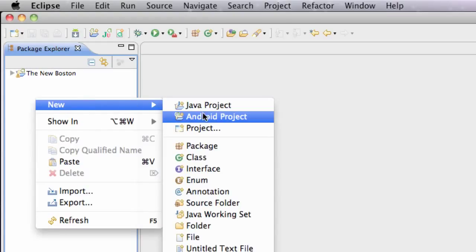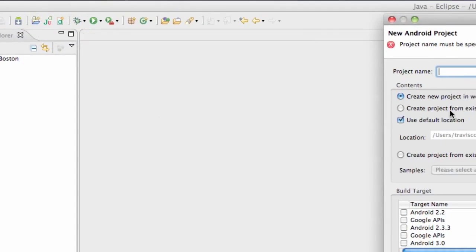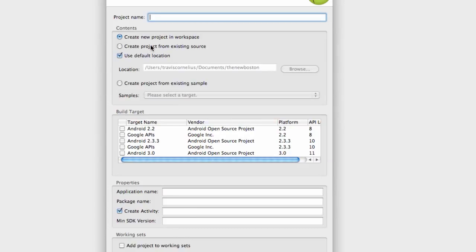Right click in that free space, go to Android project, and then type in whatever you want, maps, and we're going to say the new Boston, or whatever you want to label this. You don't have to follow along for our package name, but we're just going to call this Google Maps,